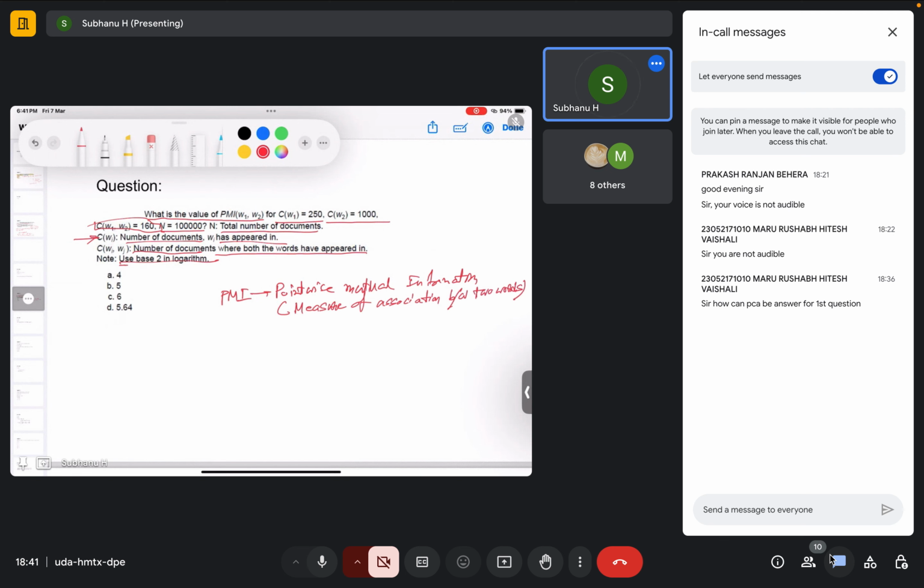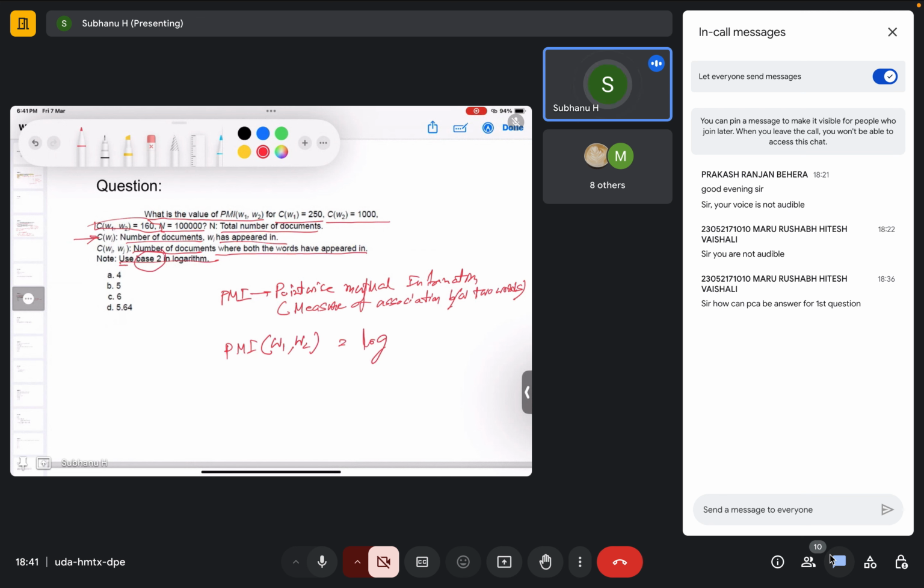It quantifies how much more or how much less likely two words W1 and W2 are to appear together than if they were independent. We calculate PMI(W1, W2) using the formula log